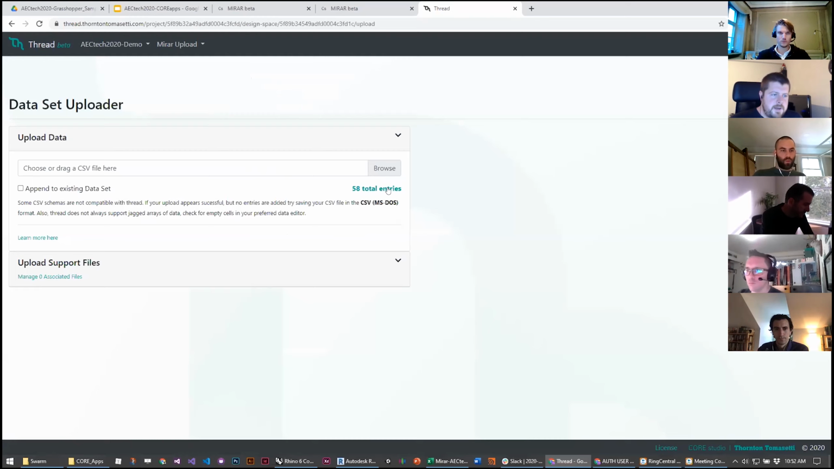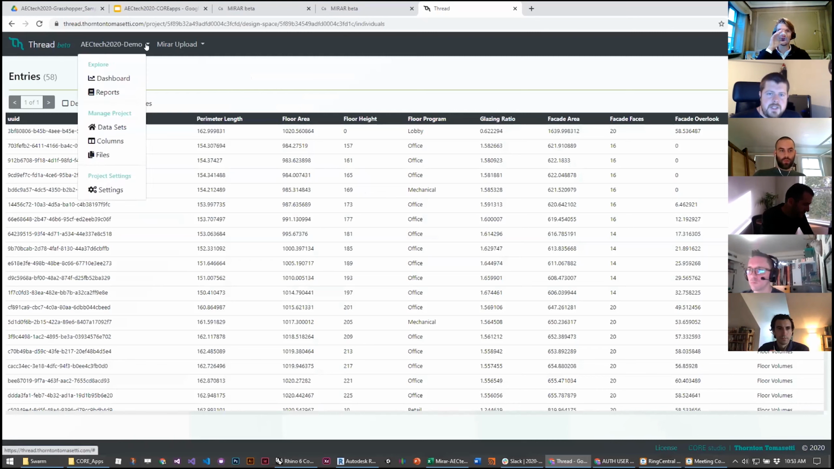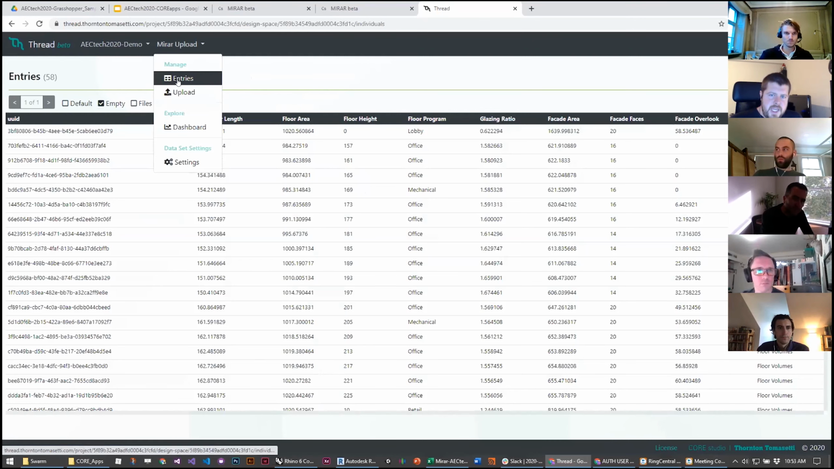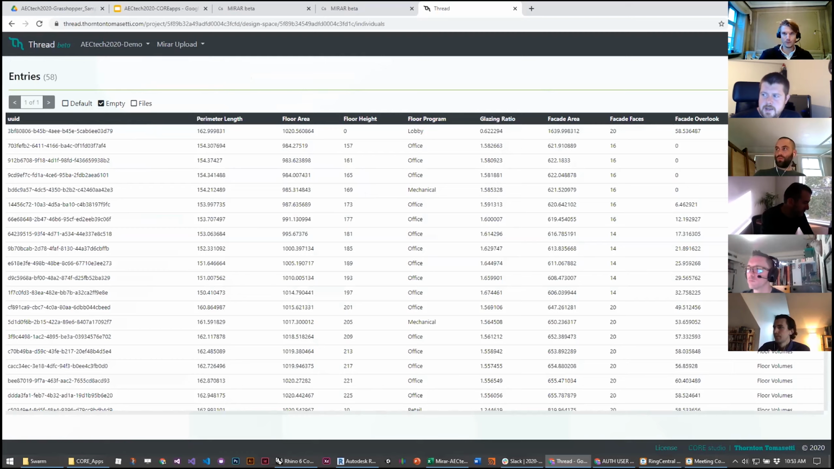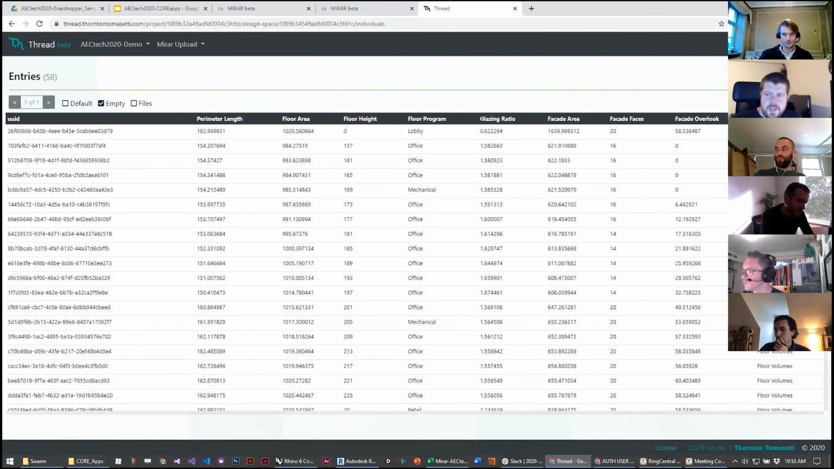And if I want to verify that my data has uploaded correctly, I can click on where it says 58 total entries, and this will take me to the entries page here. And all this is just a table that's going to list out all of the values. And so I can just confirm that my floor programs are in the correct column, heights are correct, etc. So now that I know all of my data is correct, I can go ahead and